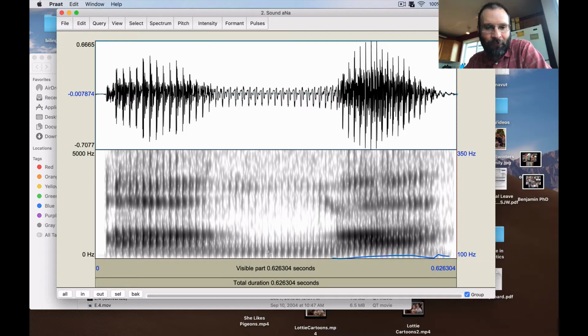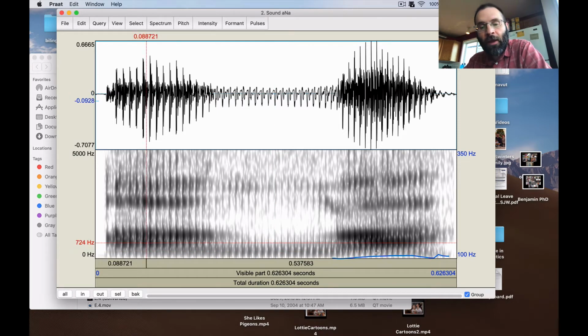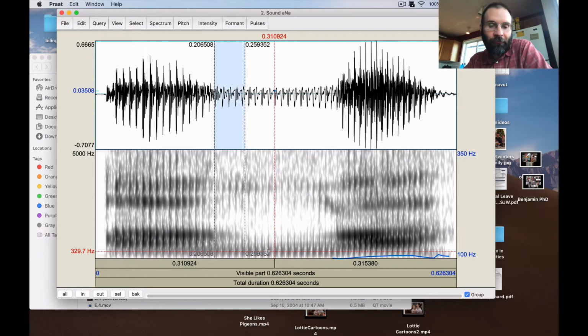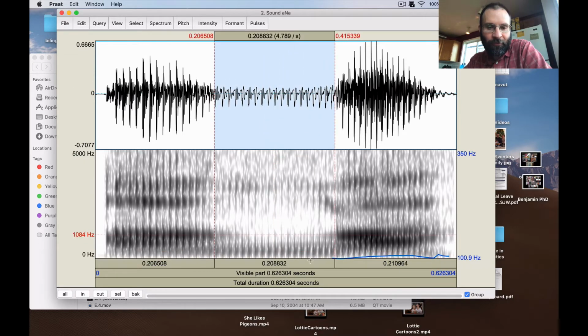Here's his F1. So F1 and F2 for the ah, and then here we have it for the engma. So it's a little bit lower than 400 hertz, maybe like 350 or so, but it's in that neighborhood, right? It's going to be a lot lower than the F1 for the ah at any rate, and also lower than the F1 that you would normally expect for a schwa. So right around here. And then what you may also notice, or hopefully notice, is that with respect to the rest of this intervocalic nasal,